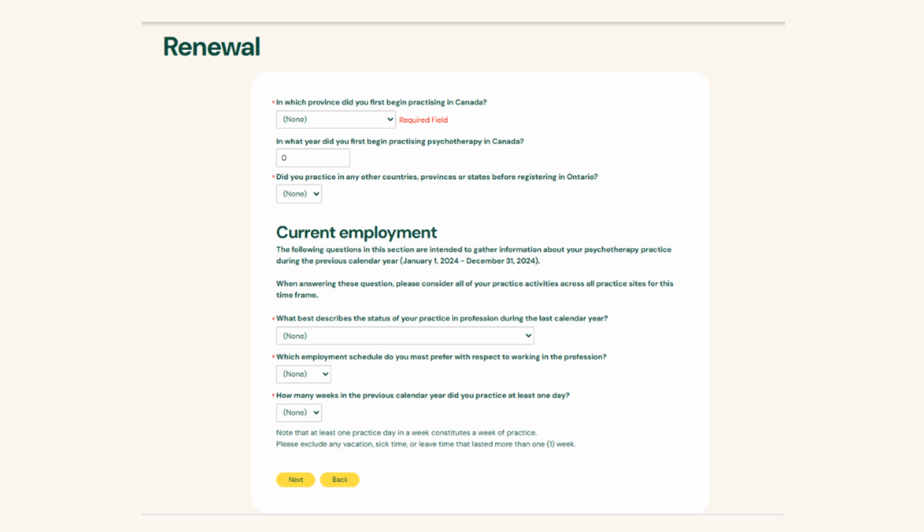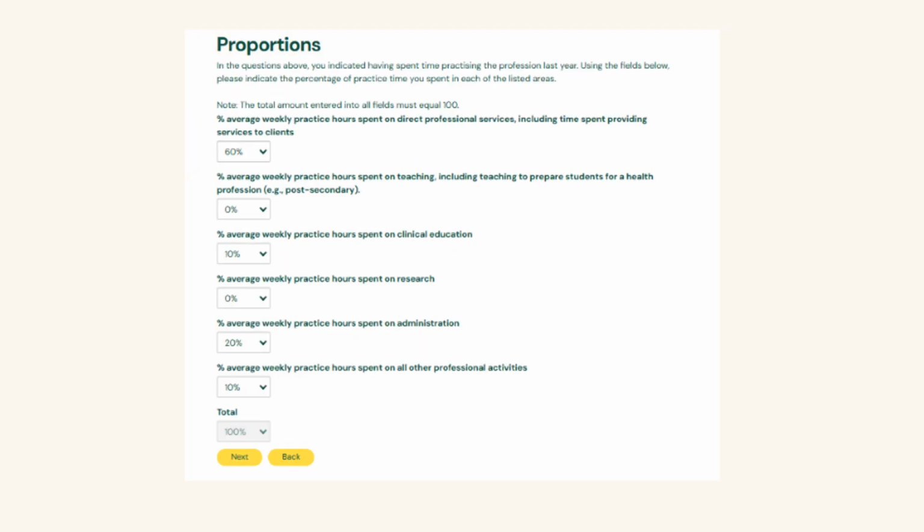The next page of the renewal form relates to practice history and current employment. Please select the most appropriate option for each field. Depending on the responses selected, additional fields may appear, which must be filled out in order to proceed. Under current employment, if you confirm that you have practiced during the past year, you will be asked to complete